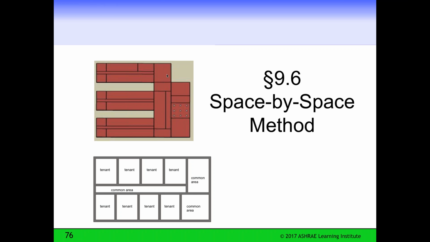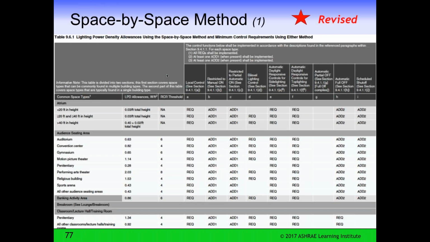So if it's a small office space, less than 250 square feet, or it's a larger enclosed space or an open office or a corridor, or a conference room, or a print shop within an office building, or it's a toilet facility. All of these different spaces have their own requirements.